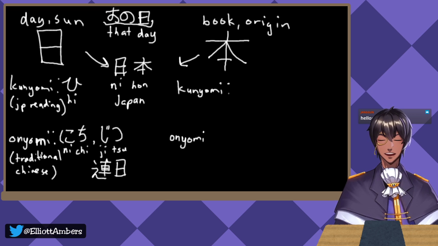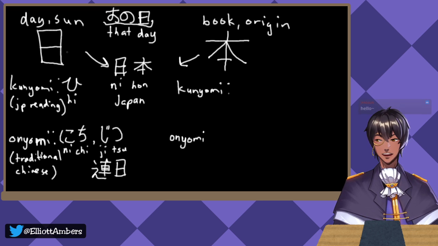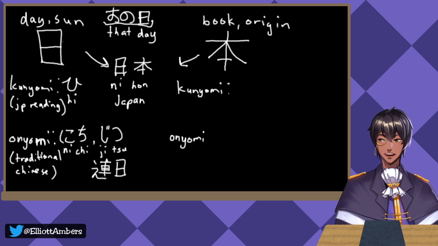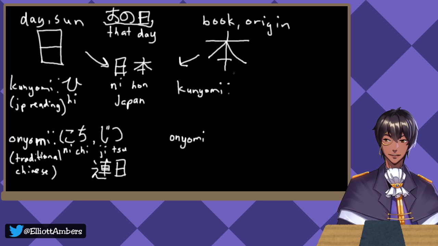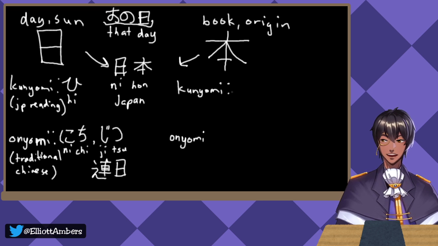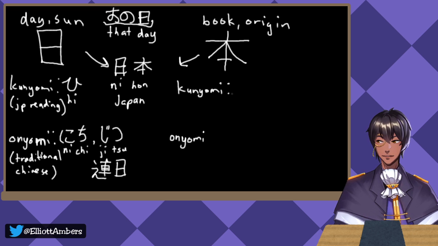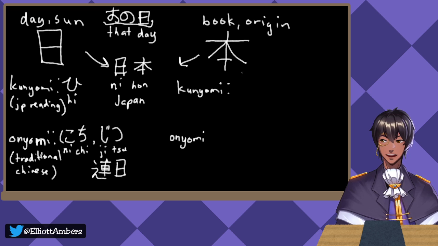Anyways, so that's day. Those are some different readings that you'll see for this symbol here. Hi, nichi, jitsu, represents day or sun. Very similar in the sense that the sun will be up when it's daytime, but also it refers to just the cycle of time, the 24-hour period. This one's a bit trickier though, because I know I literally just said that we always go with the kunyomi reading, but with this kanji here,